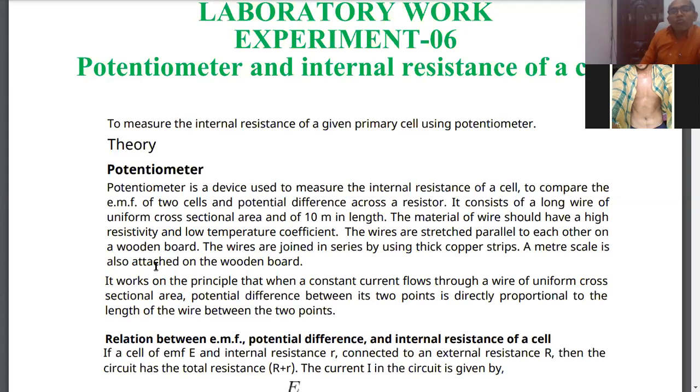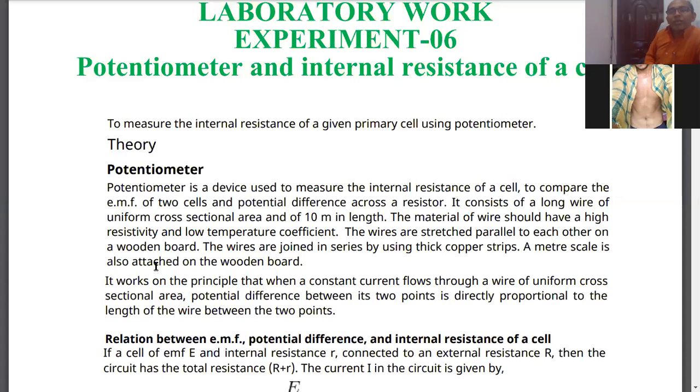A potentiometer consists of long wire of uniform cross-sectional area and of 10 meter in length. As I have told you, it is not limited up to 10 meter only. Its length may be even larger than 10 meters. If it is larger, then accuracy will be much more. You know well that potential difference across the length of the wire is directly proportional to length. That's why if you increase the length, then sensitivity of potentiometer per unit length will be more